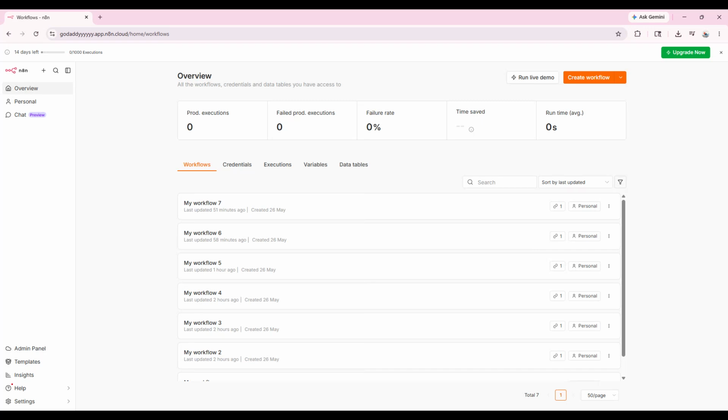In this video, I'm going to show you how to connect Gmail to n8n step by step, so you can start sending, reading, and managing emails inside your automations. This is a really useful setup if you want to build workflows that respond to new messages, organize your inbox,